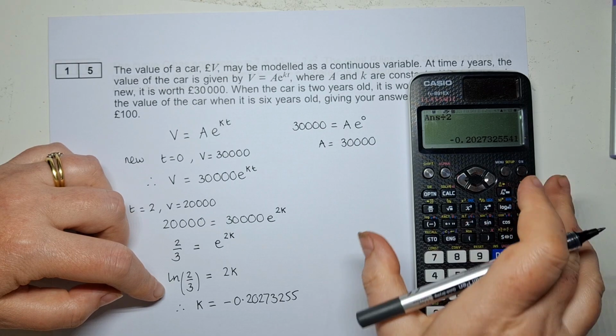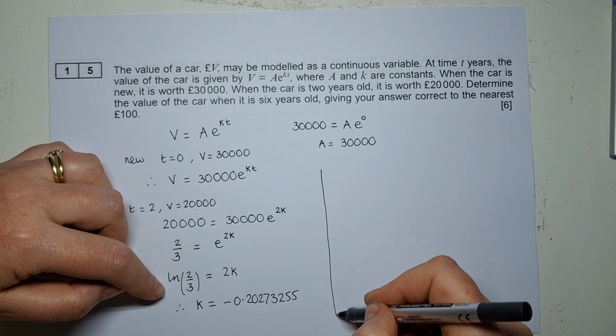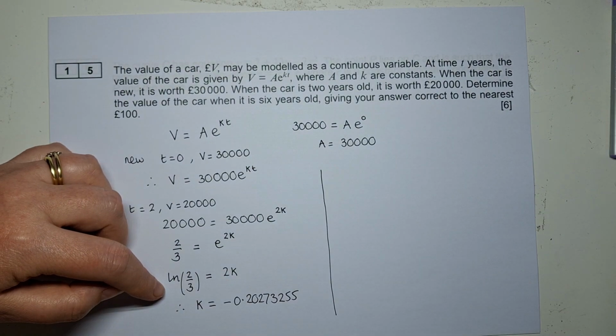I know we're rounding our answer to the nearest 100 at the very end, but I don't want to round that decimal too much because it might change the answer,